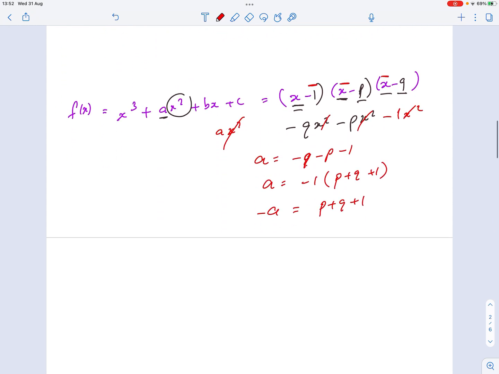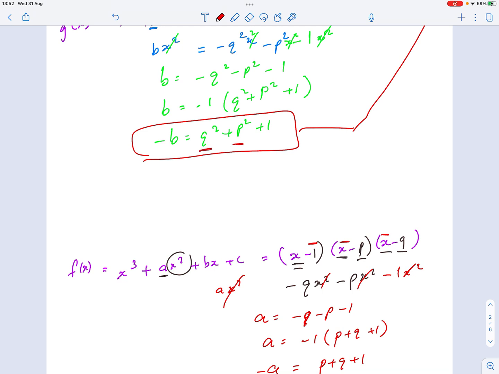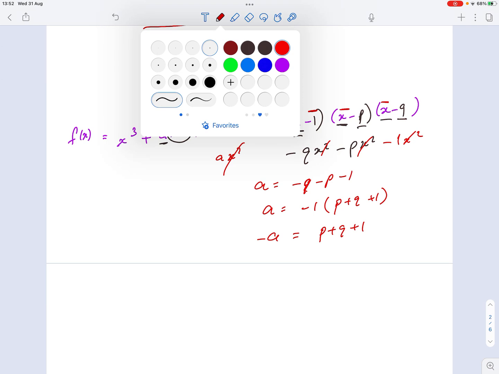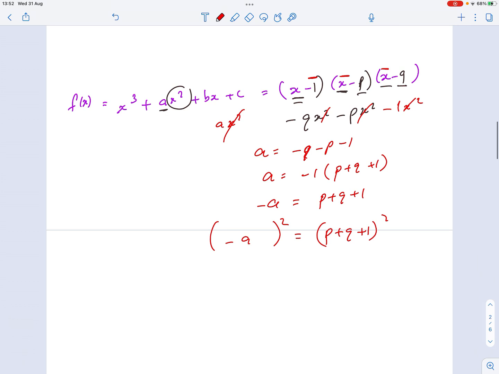Yeah, so remember this. So what we need to do is we should be able to get q squared p squared by doing something, right? So the only way we can get that is if we square the whole thing. So minus a squared equals p plus q plus 1 squared. What do we get? We get a to the 4, a squared, not to the 4, plus a squared equals,